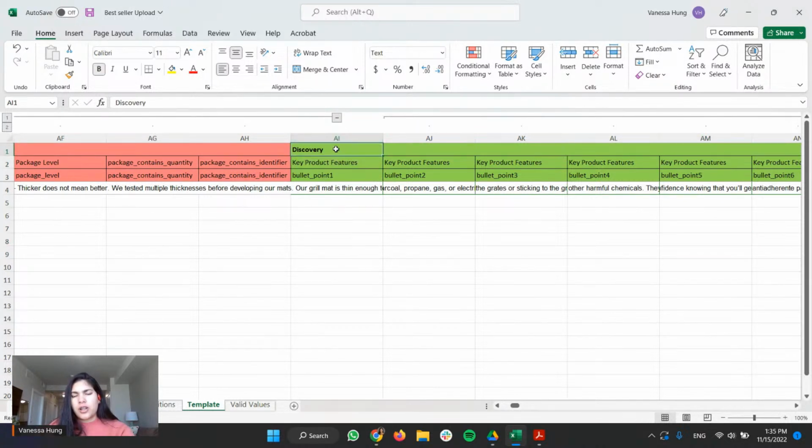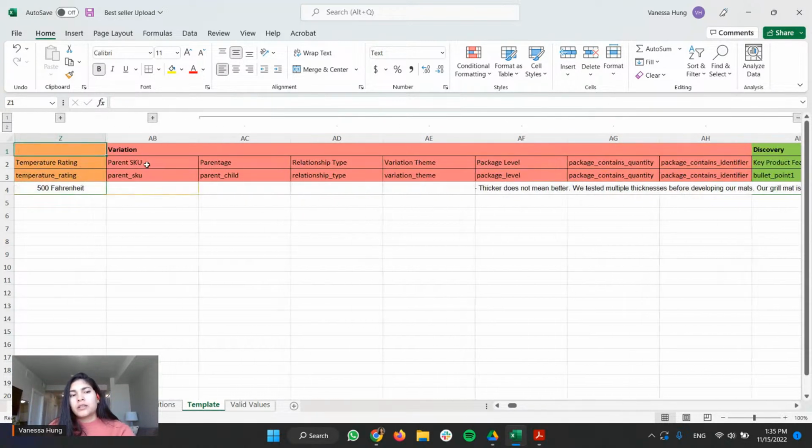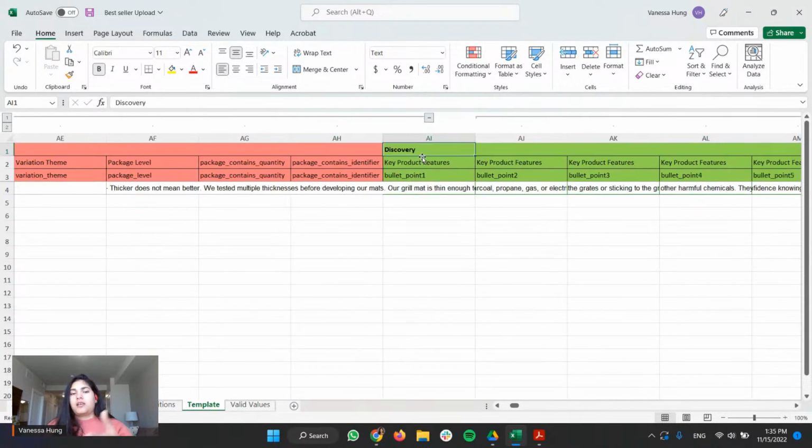So each section has a name. The pink one is the variation, if this is a family. Discovery, as the name explains, is all the attributes that help your listing get discovered in search.